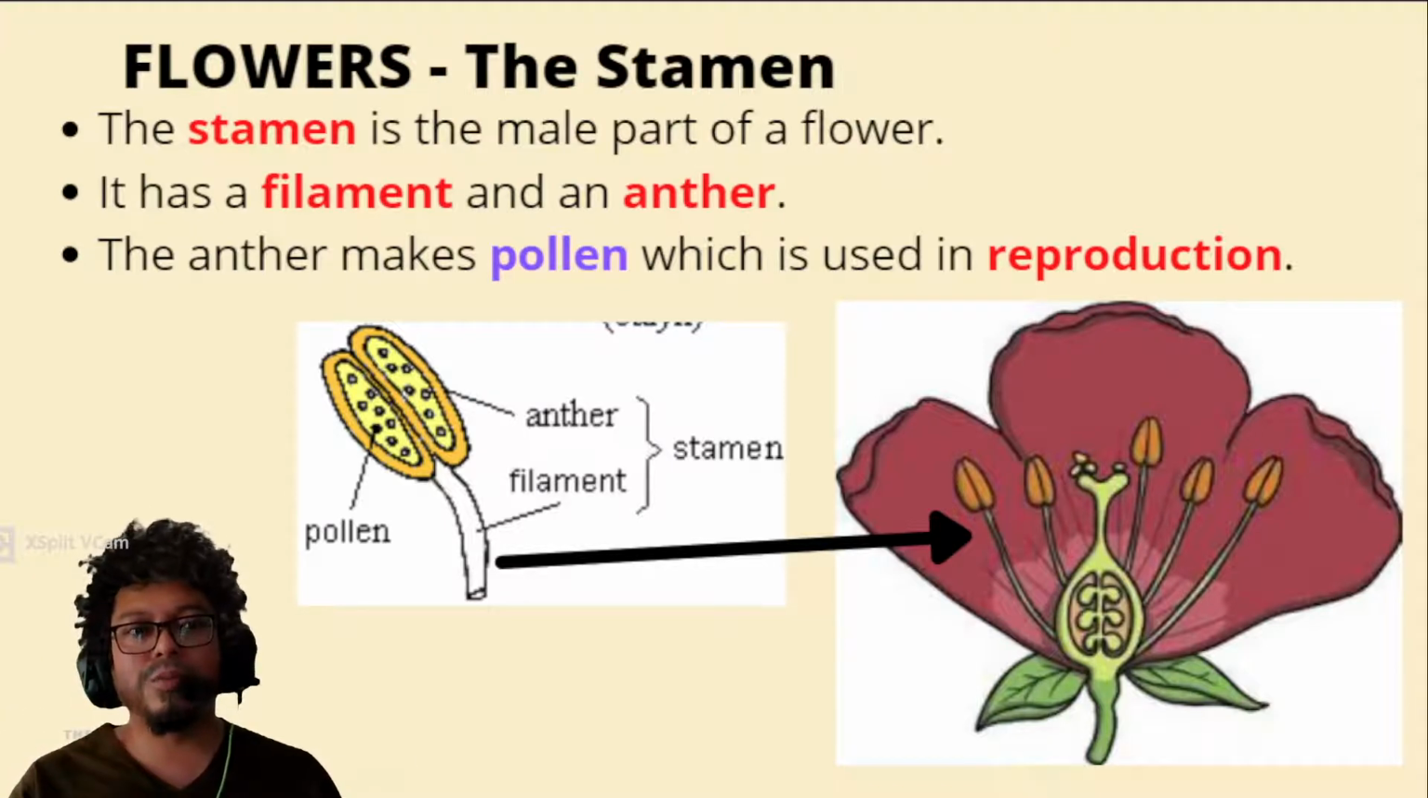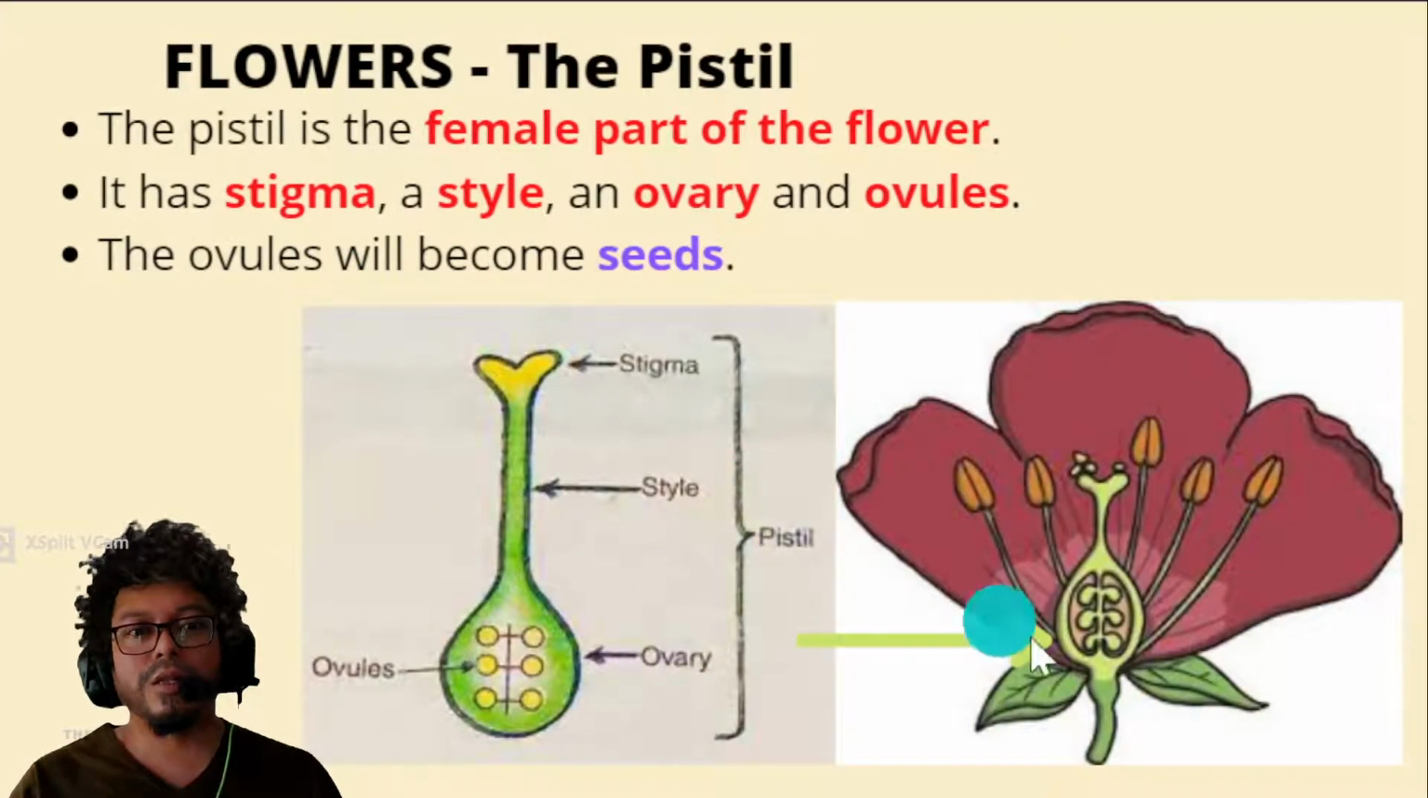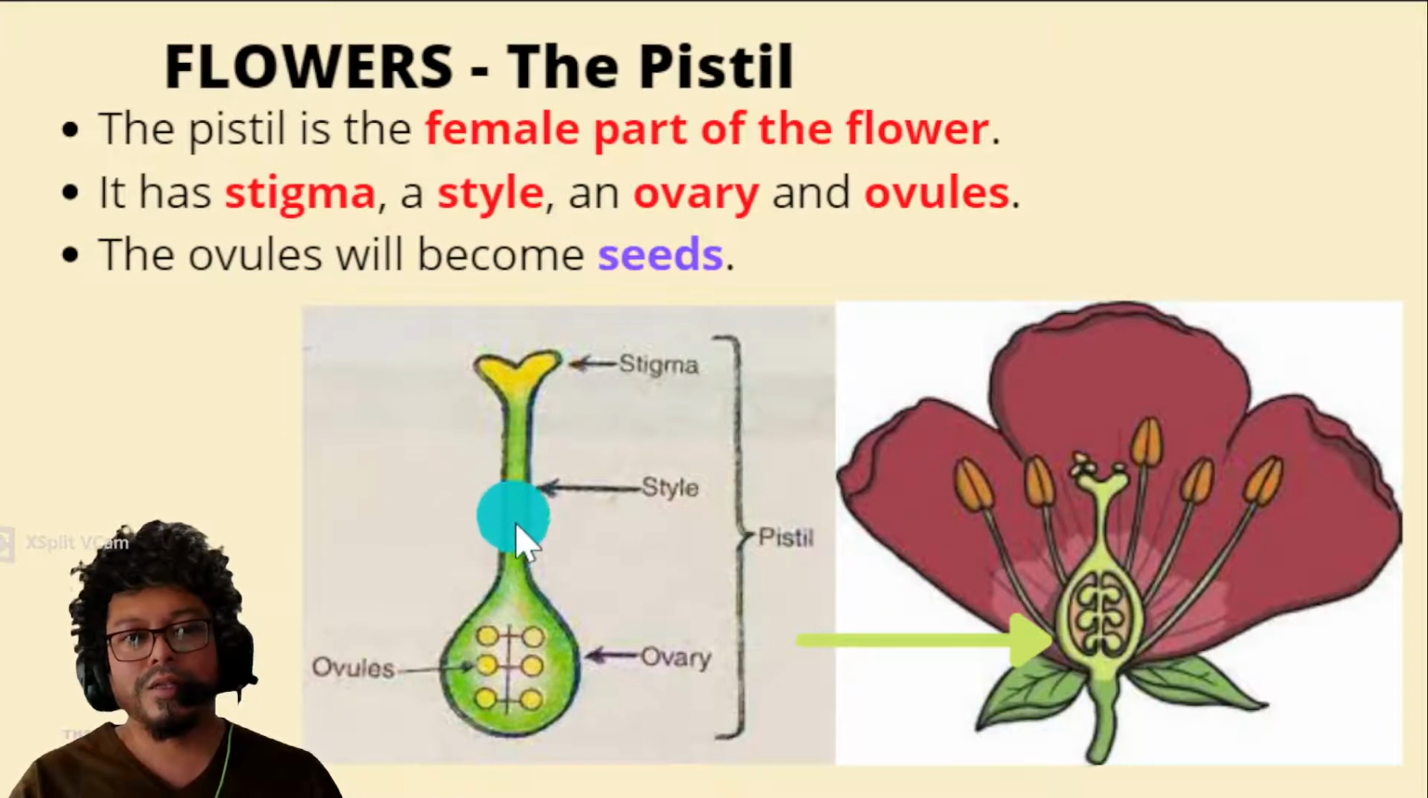Next we shall move on to pistil. Now pistil is this, the same flower but di dalam ni. Ini stamen, stamen, stamen, stamen, and stamen. So pistil is this one. The pistil is the female part of the flower. It has stigma, ni atas stigma, a style,